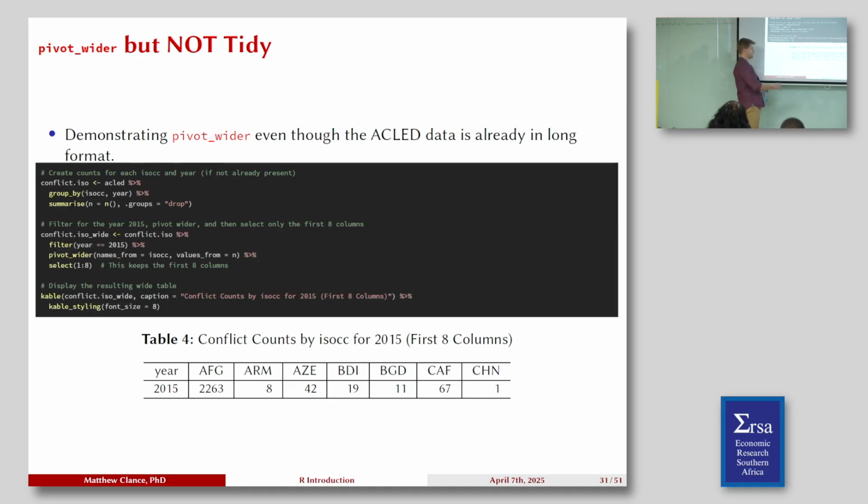But you can see that before I had a year, then a country, and then a number of events. Now it's been shifted to where I have a country, number of events, country, number of events, country. So it's no longer what we refer to as tidy. In tidy data, a variable has one column and each row is an observation. Here, each country, the unit of observation, is a column. It's what we refer to as not being tidy.